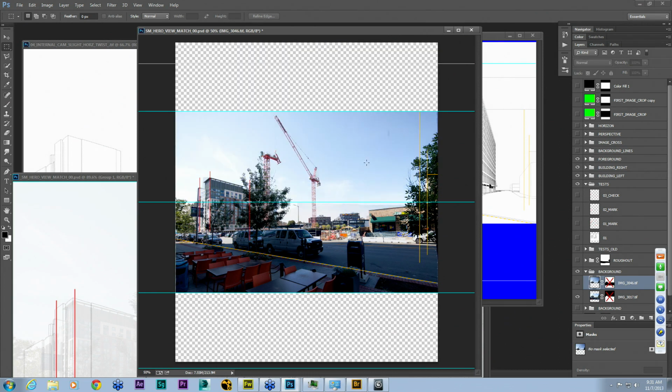If you're doing an image where you're not using a tilt shift, you're using a zoom lens or a fixed lens, you're going to need to rotate your camera up or down depending on how you're shooting. At that point, I would view match your bottom image, take your top image, put it up top, and then I would actually not use Photoshop. I would use the transform tools to stretch the top or the bottom, depending on where you're adding the photo, to stretch the image correctly to match